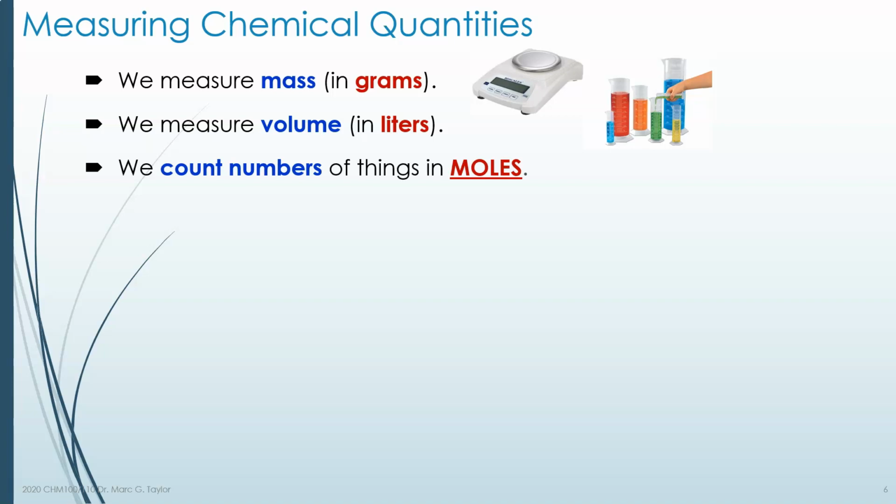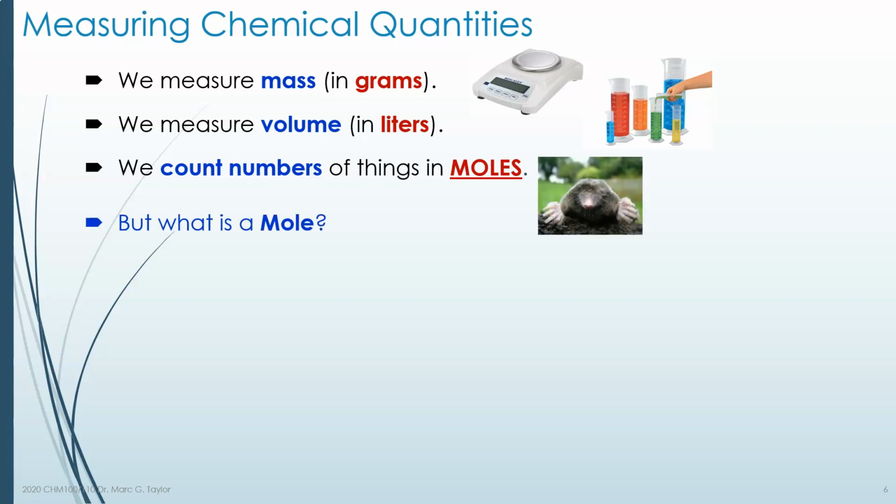But what we really want to know is how many molecules we're dealing with, or how many formula units, or how many atoms, or how many ions. And when we count those, we have a lot of those, so we don't count them by ones or tens or hundreds. We count them with that large number I showed you in the beginning of this talk called a